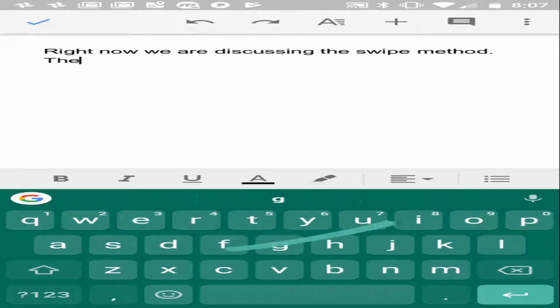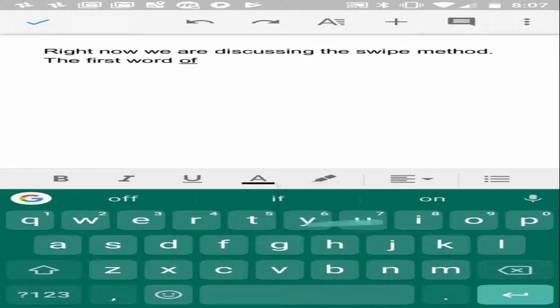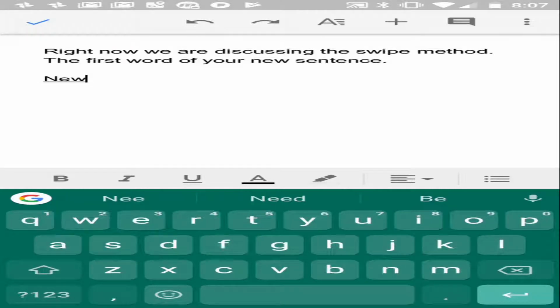The first word of your new sentence. New